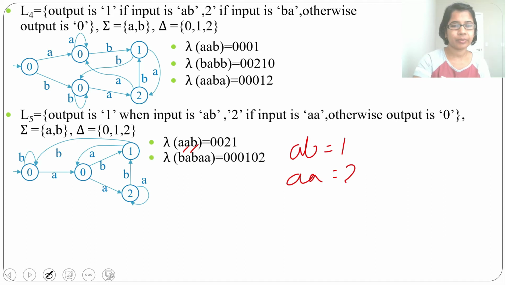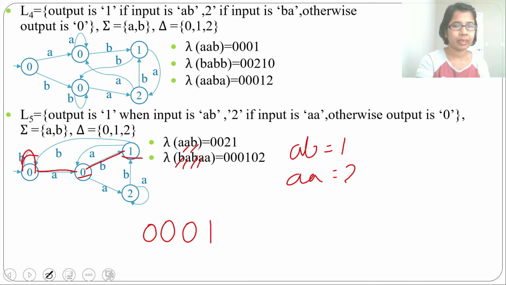Let's check another input string BABAA. Initially it will be 0. Then for B it goes to a self loop, so the output will be 0. Then for A it goes to this state and the output is 0. So write down 0. Then for B it goes to this state and the output is 1. So just write down 1.